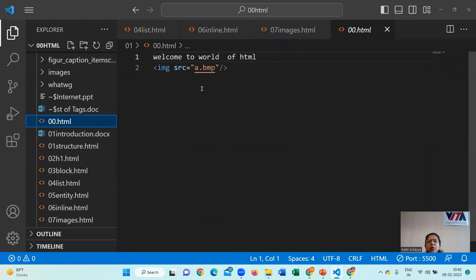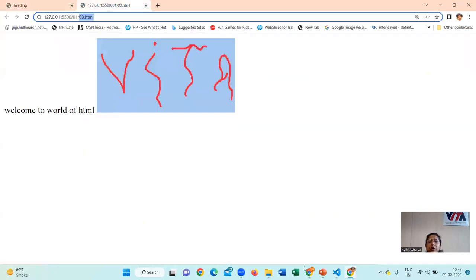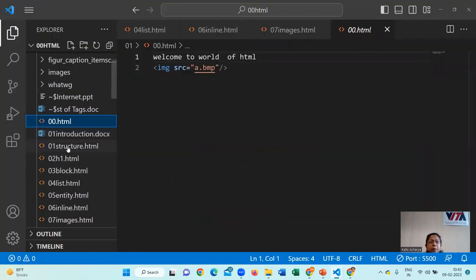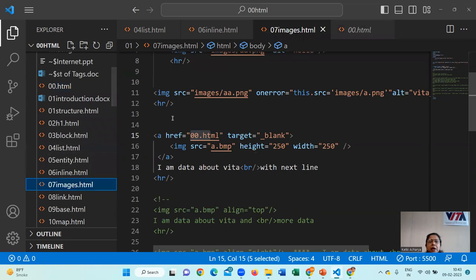Can you see? This file has only some data: Welcome to world of HTML, image src a.bmp. So what we did is, when I click, it is opening some other file, but it is opening in a new tab. Why? Because of what we have written over here. Let me come to my original file. That is what? Images. And here,